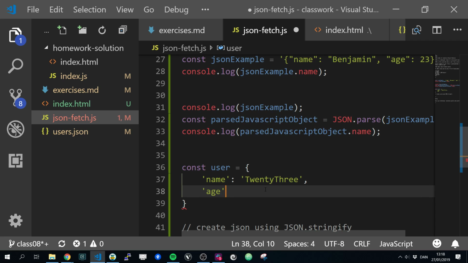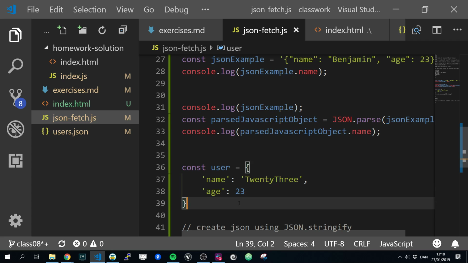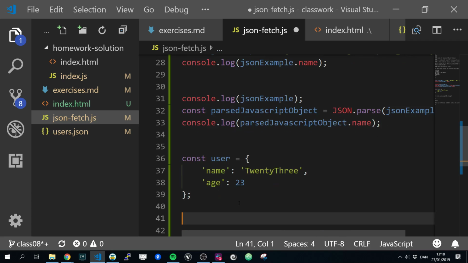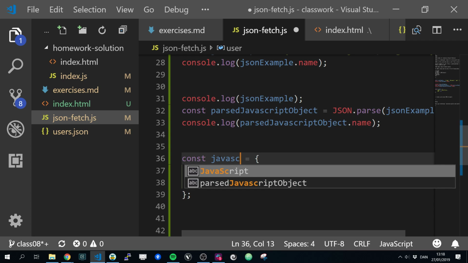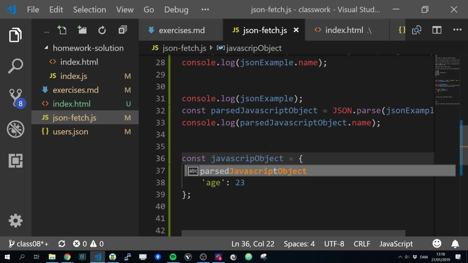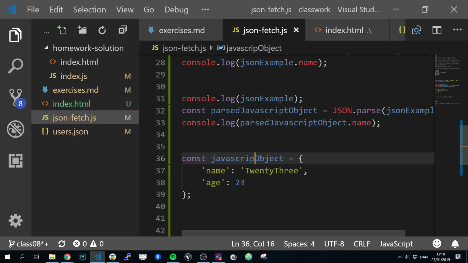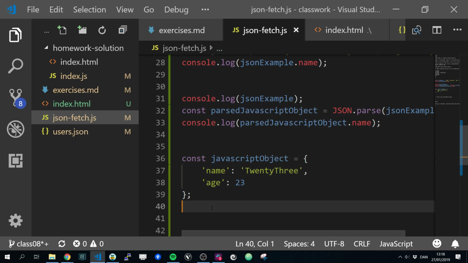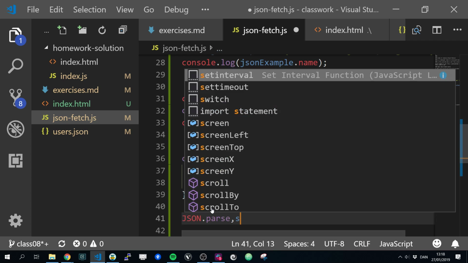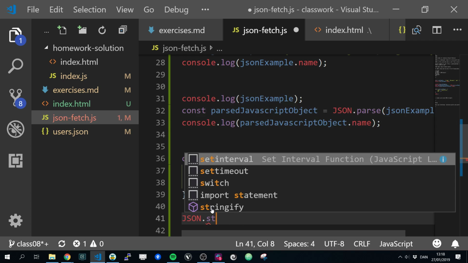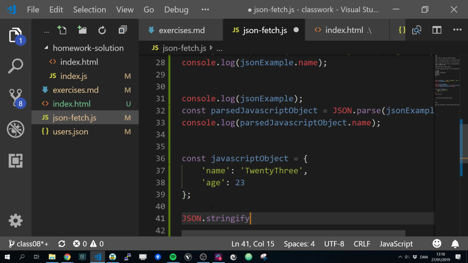That's the name of the company. Age also 23. Okay, so this is a JavaScript object. Now we can say, let's actually call it that, JavaScript object. Now we can say JSON dot. Yes, exactly. Stringify